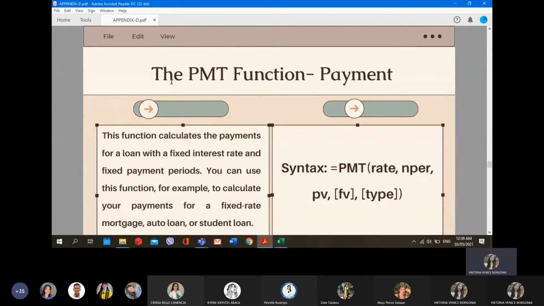So kung hatagan ta nimog shotgun problem and required to calculate the IPMT, PPMT, and PMT, i-add na nato ang value sa IPMT ug PPMT and then ang sum ana niya is mao na ang PMT. So ngano man, di ba interest plus principal mao man na imuhang payment. So sa syntax niya, ang wala rang argument between atong two functions katong IPMT ug PPMT is